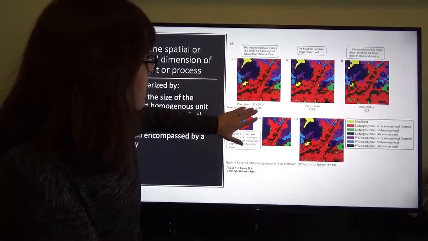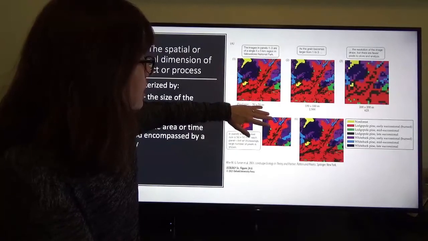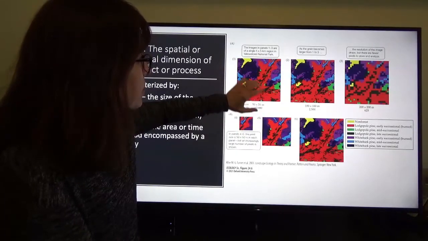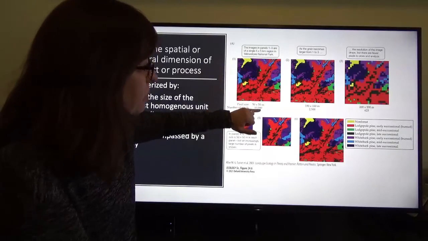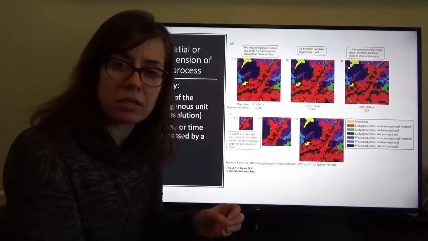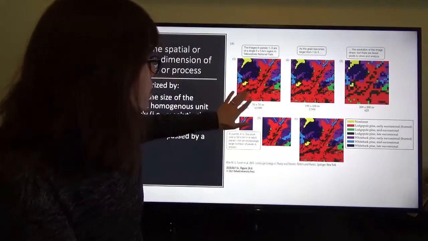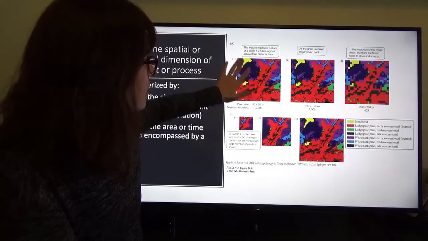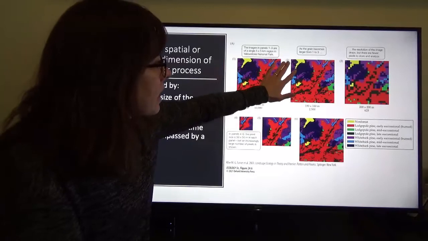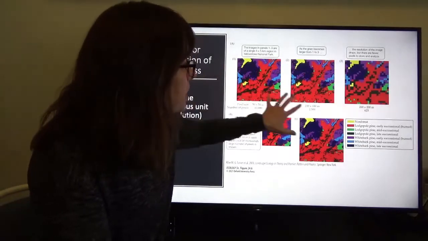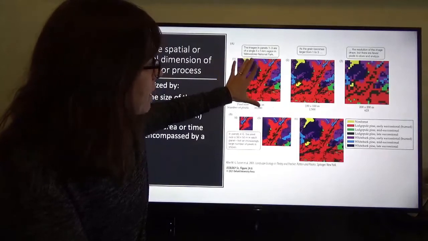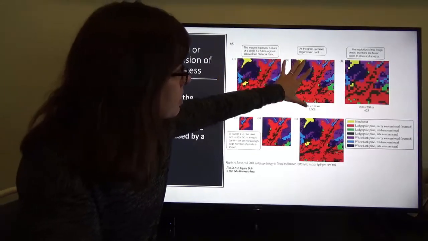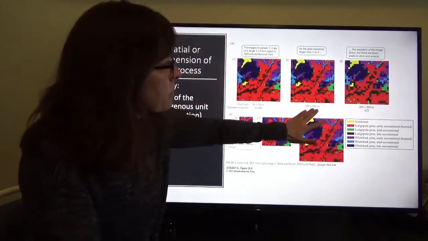In this case, our pixel size is 50 by 50 meters. So within this 5 by 5 kilometer region, we have 10,000 50 by 50 meter pixels, all right? And so you can see a lot more detail in panel number 1 than either panel number 2 or panel number 3. You can see that this fairly fine resolution map gets coarser and coarser as we reduce the grain